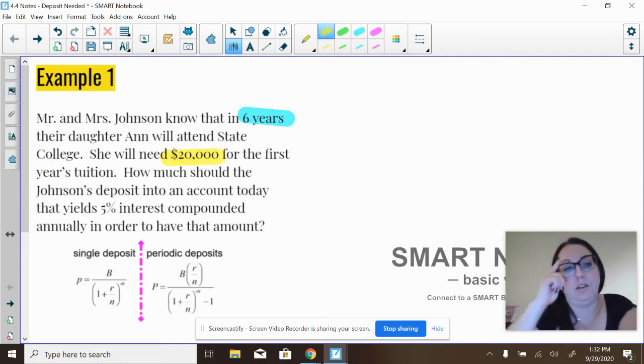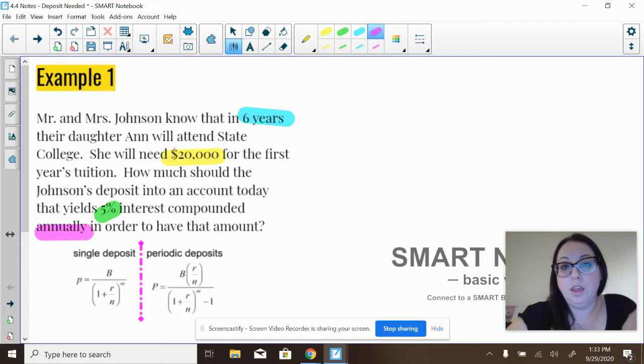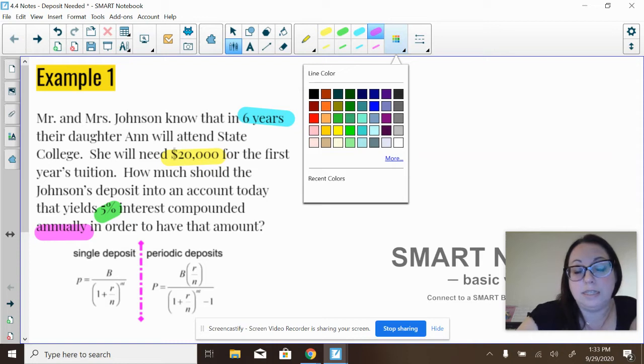They need $20,000. How much did the Johnsons deposit into an account today that yields 5% interest compounded annually in order to have that amount? You guys, I see that the interest rate is 5%, and they told me that the compounding time is annually. You guys, the other thing that I'm going to point out to you right now is that if I'm looking for what kind of deposit is this,